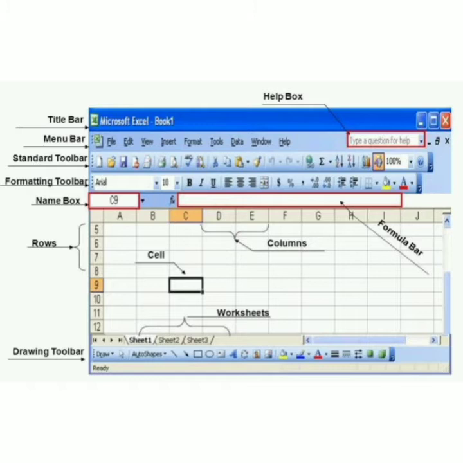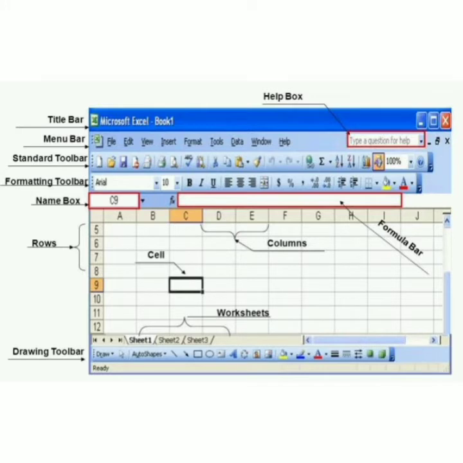By default, it consists of 3 worksheets: Sheet 1, Sheet 2 and Sheet 3. You can rename these sheets also. In MS Excel, row numbers range from 1 to 10,48,576 and columns range from A to XFD, that is 16,384.